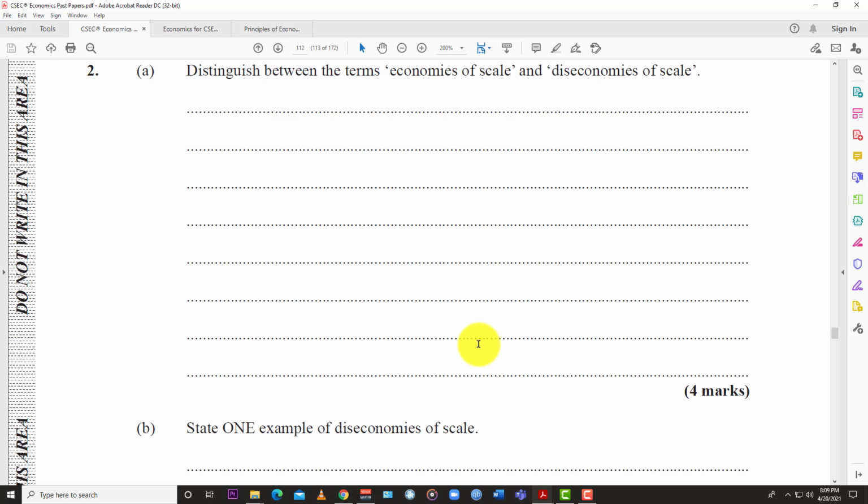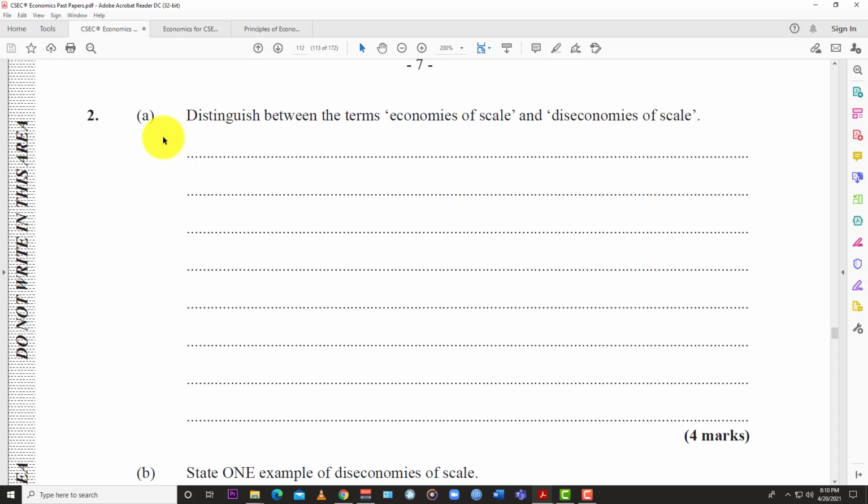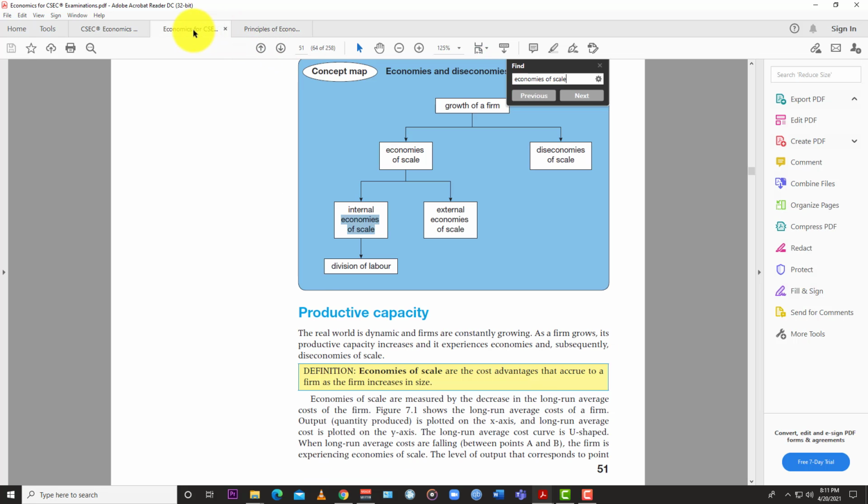Let's move on to question 2. And so the difference is going to come out basically in the definitions of each. So you just define both economies of scale and diseconomies of scale, and you're going to see the difference right there. So what is